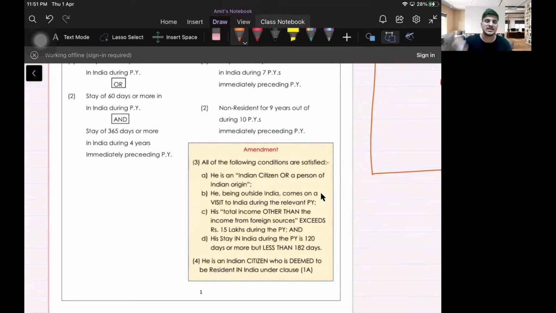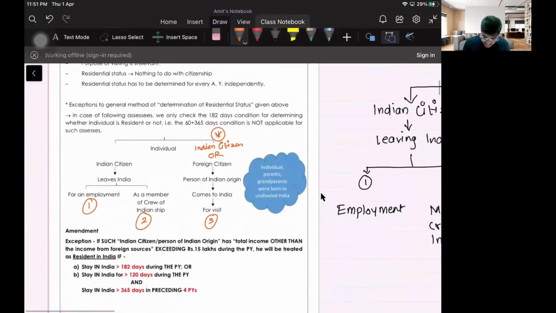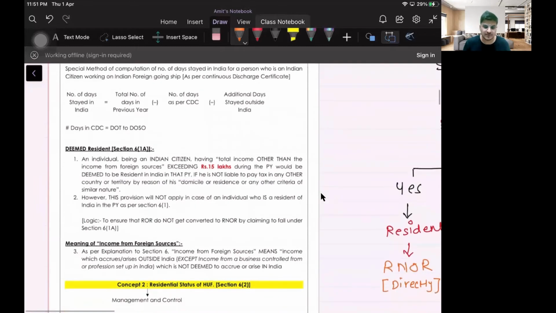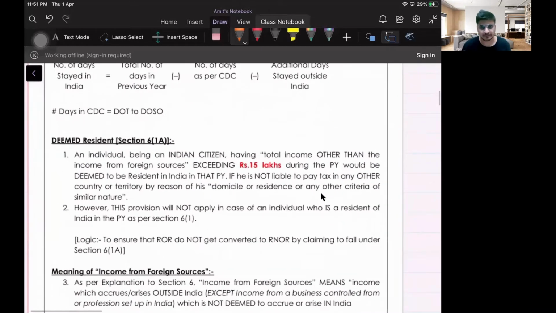You are called a deemed resident under 6(1)(a). You will be called a deemed resident as per section 6(1)(a). In that case, you will directly become an RNOR. So, sir, what is the meaning of deemed resident? For deemed resident, we had discussed high net worth individuals. They used to do tax planning. For high net worth individuals who used to do tax planning, they brought this concept of deemed resident, and they said that